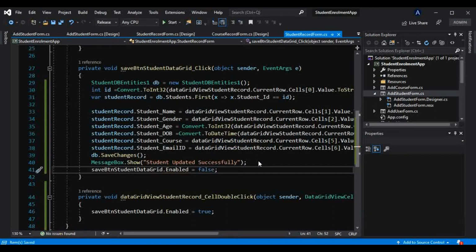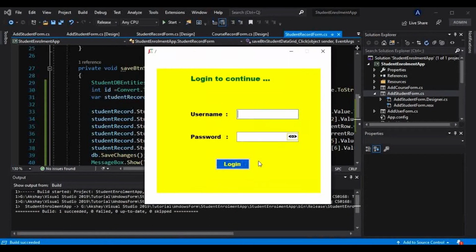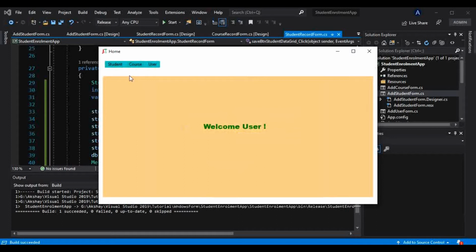Okay, so now having done all these things, let's just go and try this. And after that we will see how we can create the delete functionality as well. Okay, so Akshay B 1994, and yes, it is correct. So that is anyway case sensitive. It does not matter whether the k is small or big.